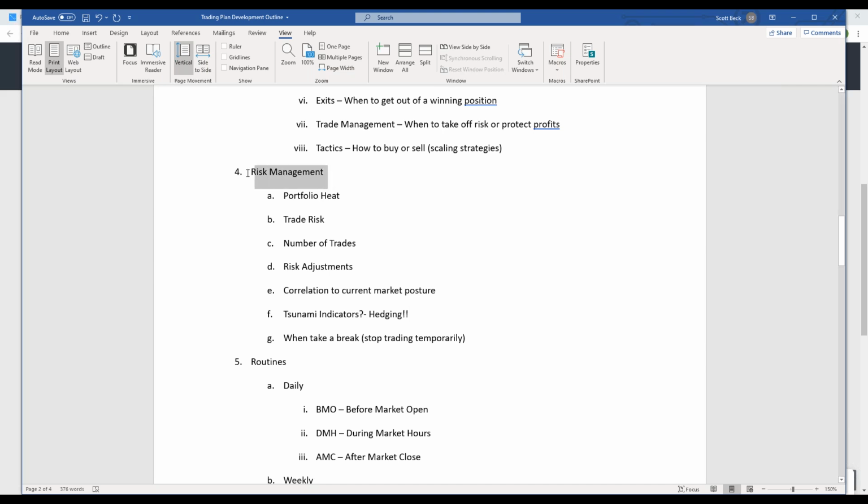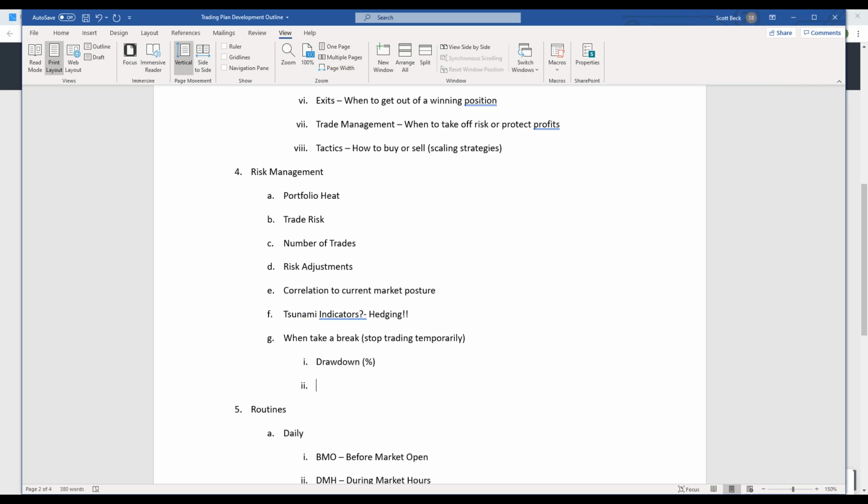Lastly, with risk management, and this is one that a lot of people don't talk about, and that is when to break, when to say, you know what, I've got to reset. There are 3 considerations for me that would cause a break. Let me even type these out. Number 1 would be drawdown. If you draw down a certain percent in your account and you say that's too much, I'm going to take a break, figure things out. Number 2, number of